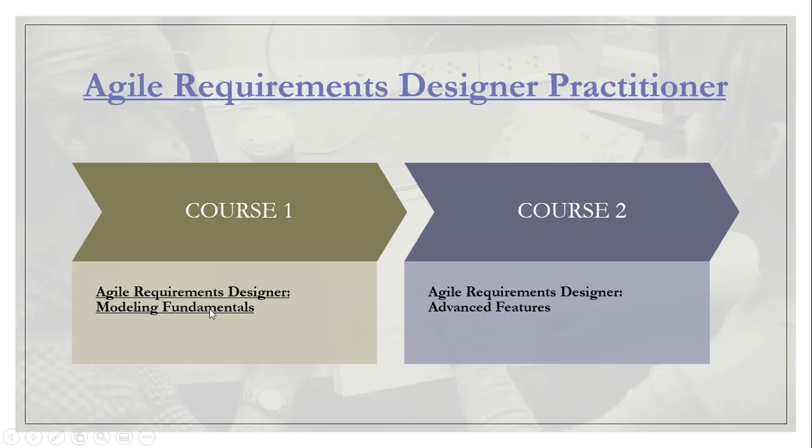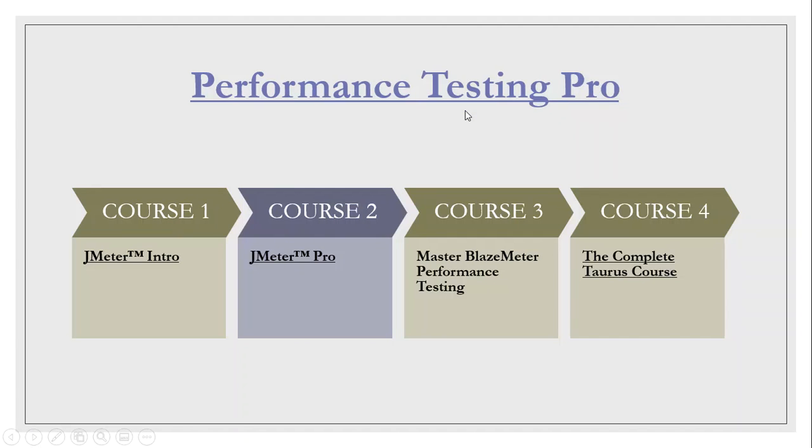Course one is Agile Requirement Designer Modeling Fundamentals, and the second is Agile Requirement Designer Advanced Feature. If you crack both courses, you will achieve this Agile Requirement Designer Practitioner